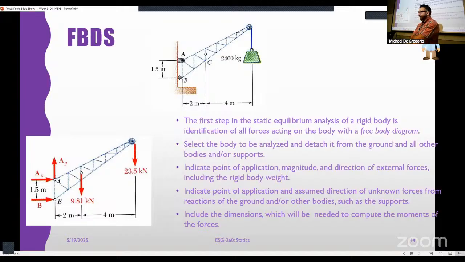If I started negative and it came out negative, that means that it's actually positive. So remember that when you're doing this math, negative means that you guessed wrong in the direction that you drew it. So if you draw it negative and it comes out negative, double negative is a positive, which is sometimes more confusing, which is why I would always tell you just assume that it's positive and we'll move on, right? Because then negative means negative and you're good. You don't have to remember anything or figure out any other things. Okay.